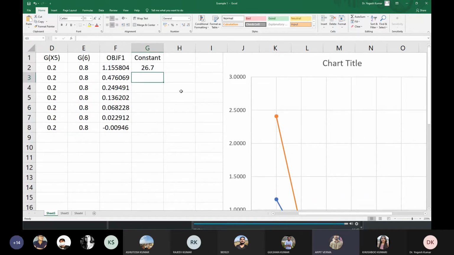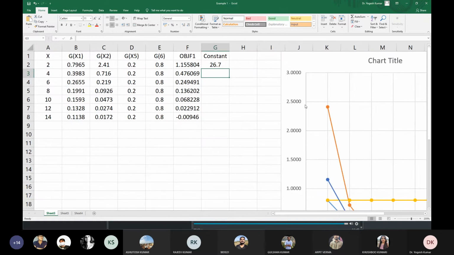So using these techniques, your Microsoft Excel is very advanced. You should be aware of how to draw plots, how to use equations. Because I simply put this equation corresponding to the value of x2, what will be the expression? I have put this formula here, and it is getting calculated. I have just scrolled this for the remaining values, and I have got the corresponding values of x2 for your objective function.